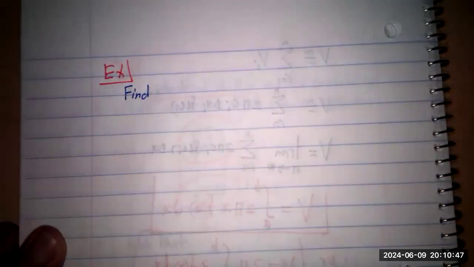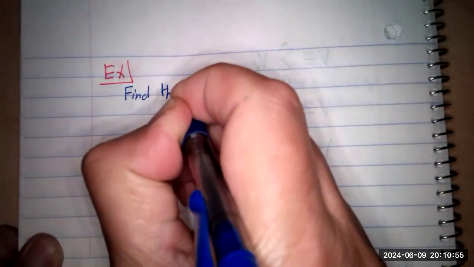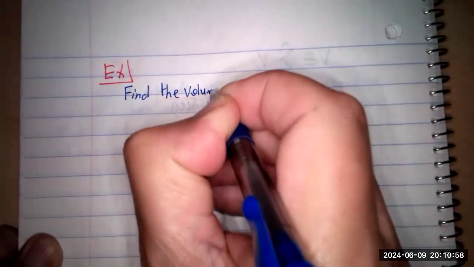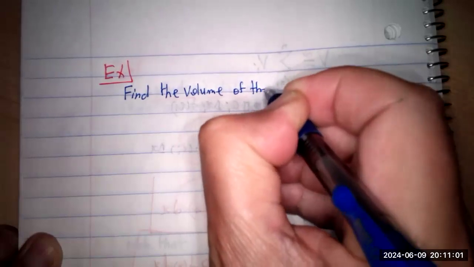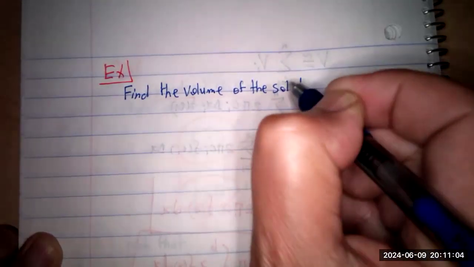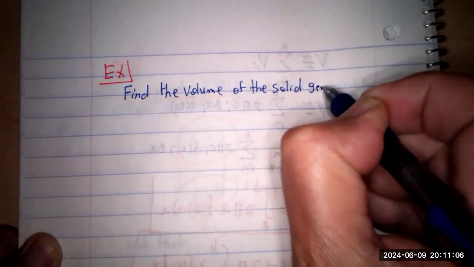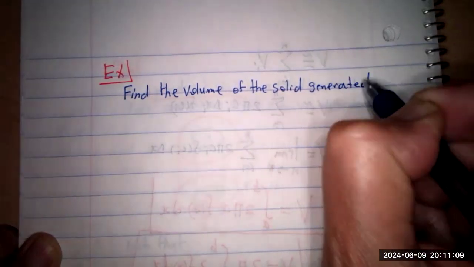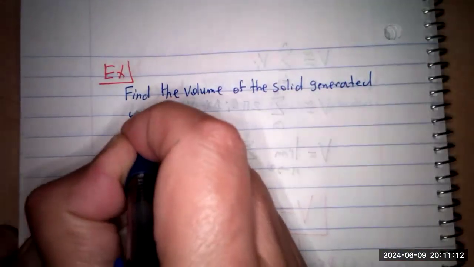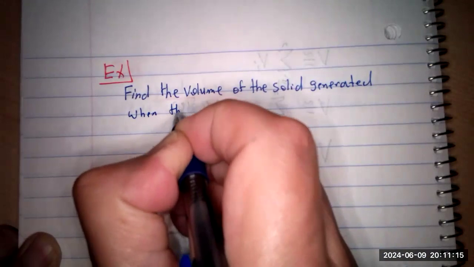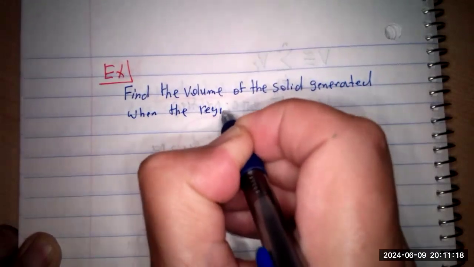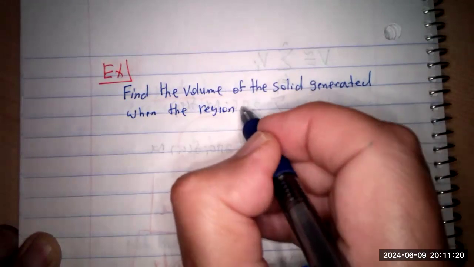The first one would like you to find the volume. You're not going to be given the name of the method in your book. Sometimes they give you the name, but would like you to recognize it yourself. Find the volume of the solid generated when the region enclosed by